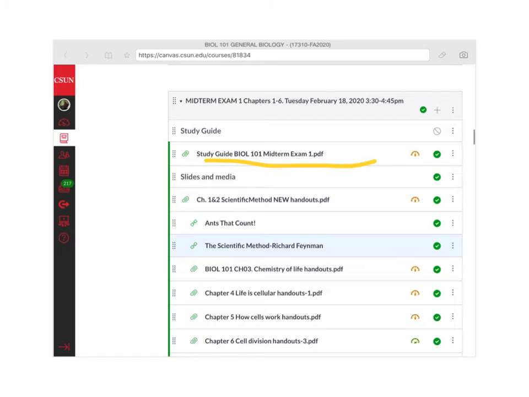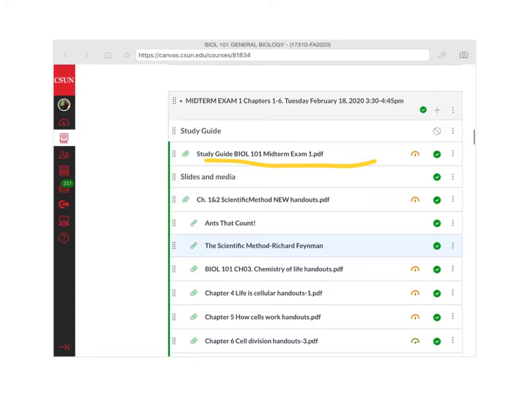The questions include stuff covered in lecture as well as on Inquisitive and stuff you read in the book, all that kind of stuff. There will also be the different slides that I'm using and the recorded lectures for studying. And the study guide for the first exam, midterm exam 1, is actually